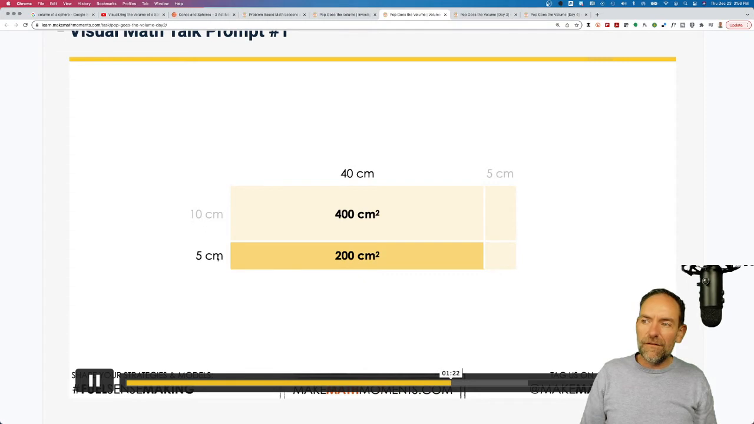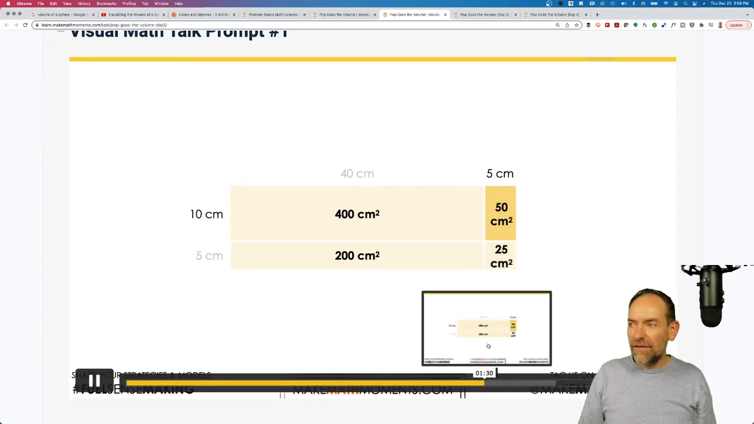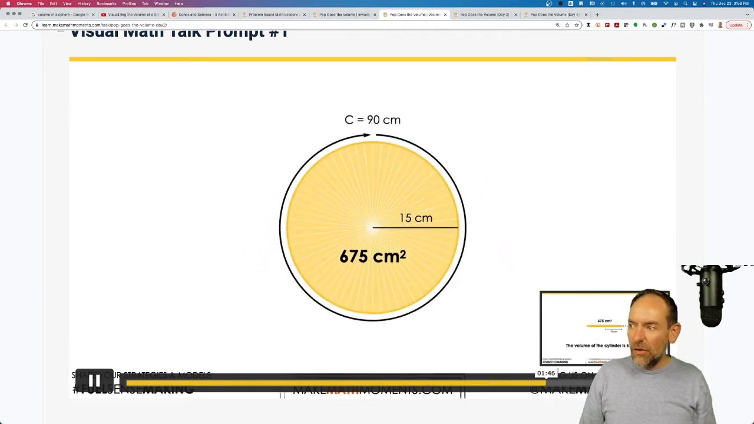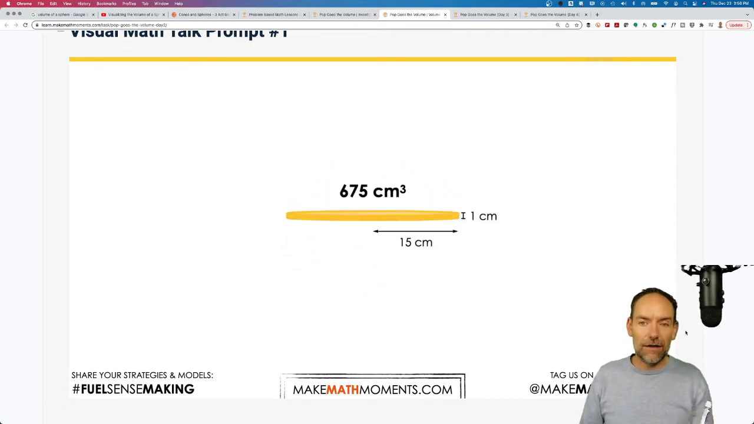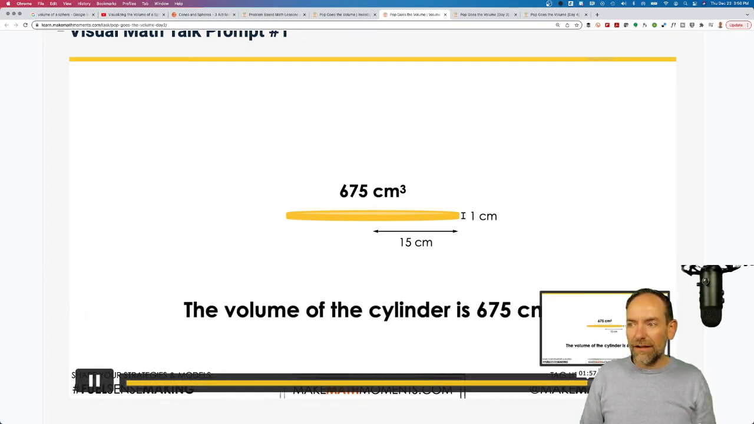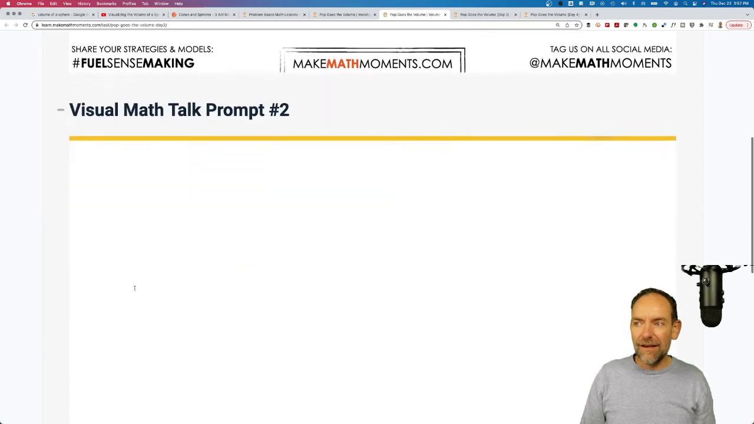Here we broke down the 15 into 10 and 5, and our 45 into 40 and 5. Whatever strategy students feel comfortable with, they can go with, and ultimately see that, you know what? If I know the area of the base, I also know the volume of the base layer, that first layer. And this particular math talk is built off of this idea, because then students will go into the next prompt,